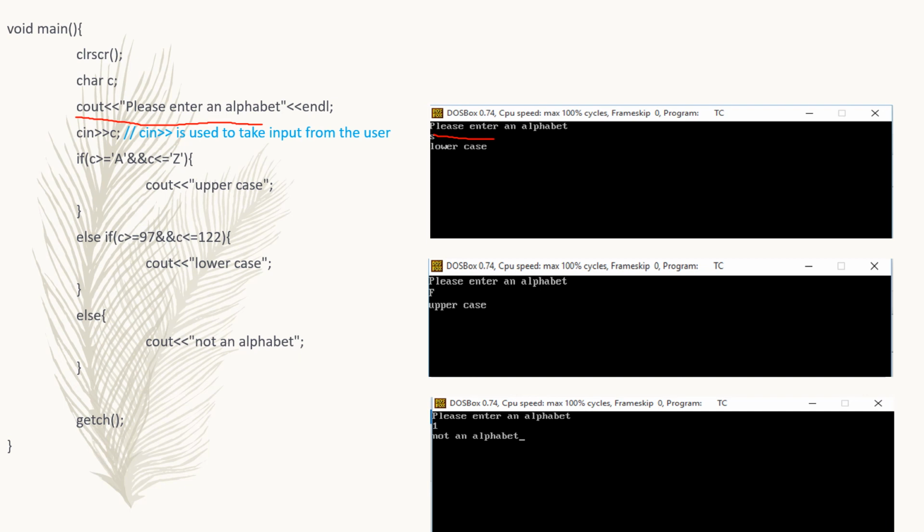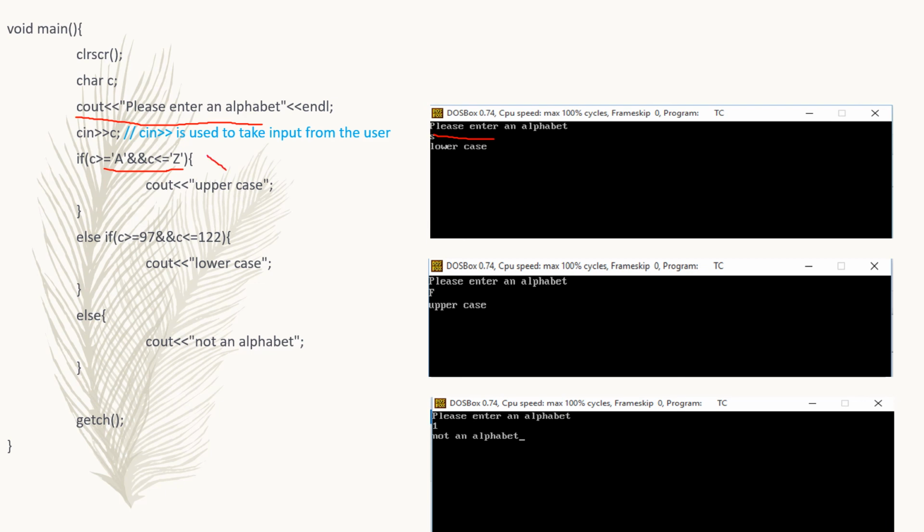So first we have s, that is small s. So to compare, is C greater than or equal to A and C less than or equal to Z? So is C between A and Z, capital? So is it true? No.